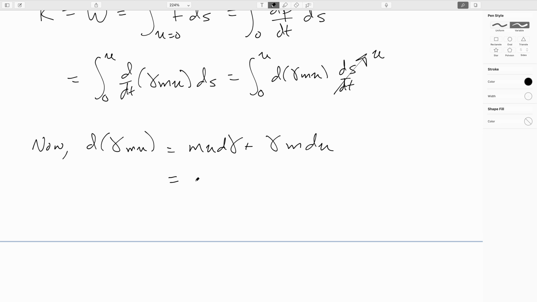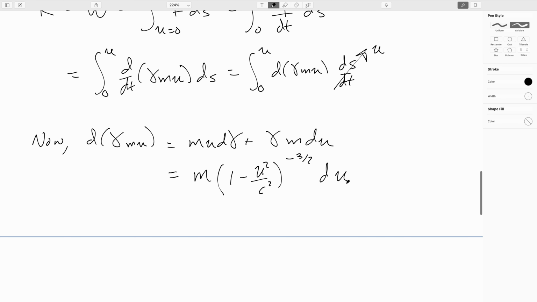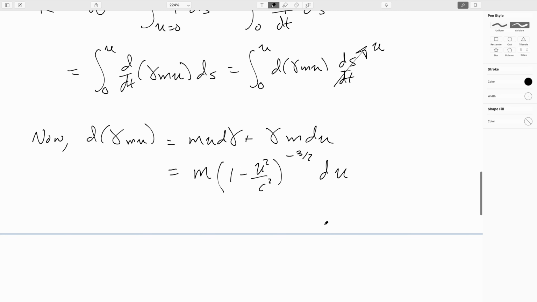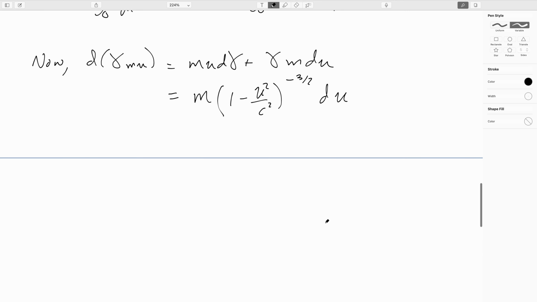Turn the crank on it, and what you eventually get is that this is m times (1 minus u squared over c squared) to the negative 3/2 du. So we can substitute that into my integral, and I will get that the kinetic energy is equal to the